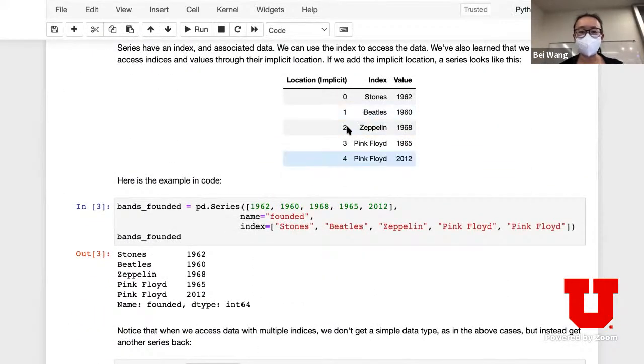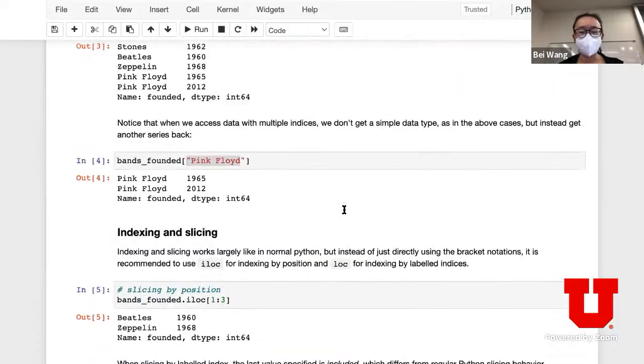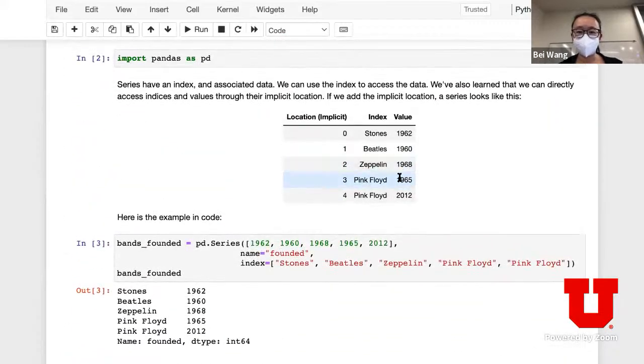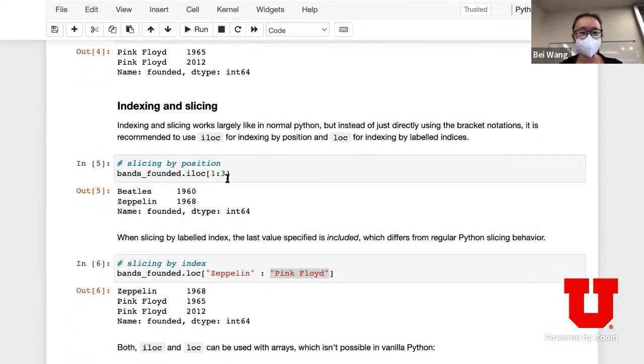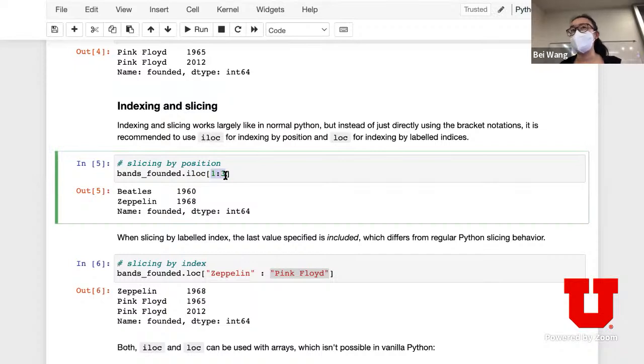In this case, it's returning the second record and then the third record. Remember, it's only returning 2 records because it starts from index 1, goes to 2, but does not include 3, okay?